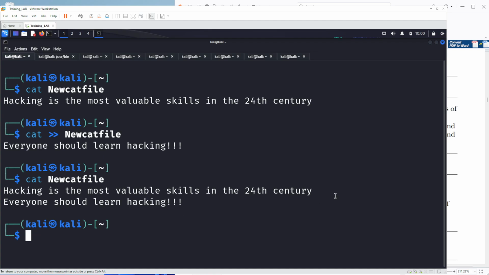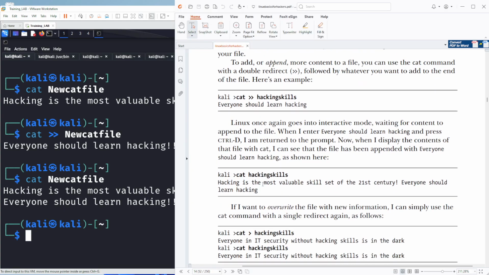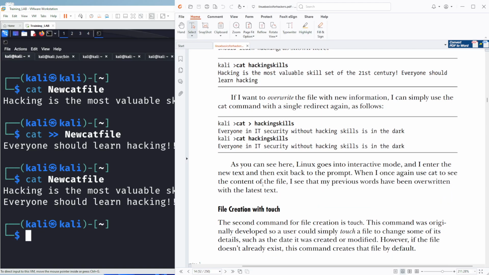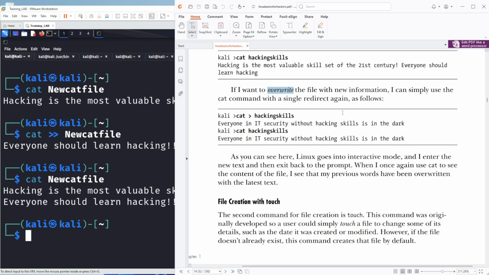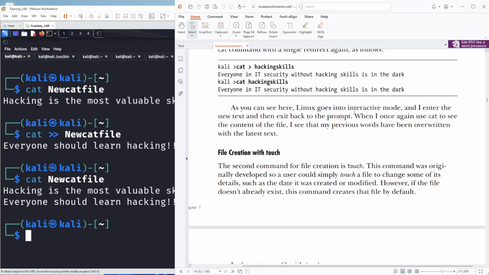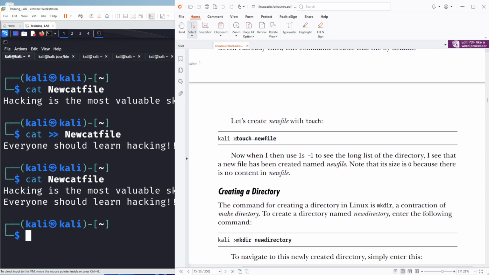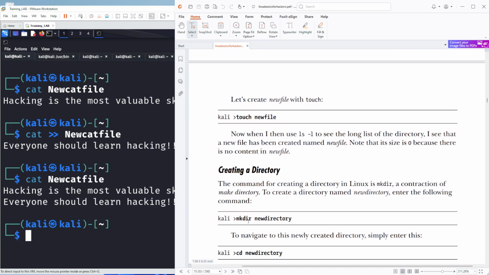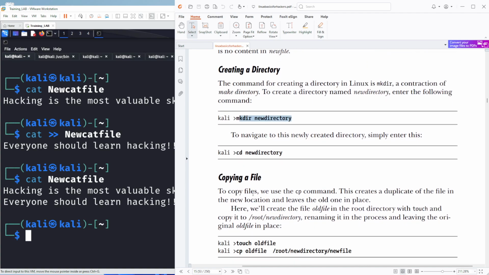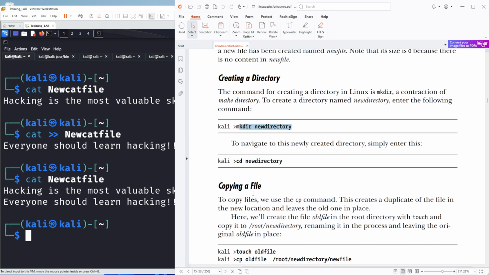So let's come out here. Cat, we've done that. Cat hacking, this one. Okay, now it is telling you, it talks about it as an overwrite. I talked about it too, so check my second video. Check video part 2 for this. You understand this. So as you can see here, Linux goes into interactive mode. Okay, we've done that. Now file creation with touch. I've done this and I won't be touching it again. So if you have not seen it, go check part 2 of this video. Creating directory, making directory, I've touched on this, so I won't be touching it again. So read about it. Then copying files and renaming files are the 2 things I've not talked about, which is